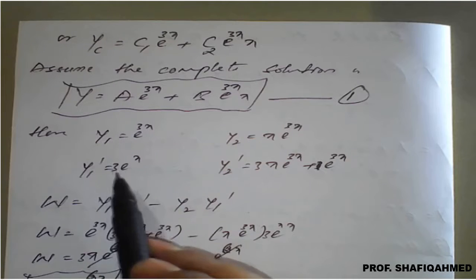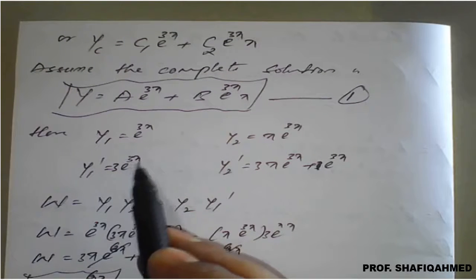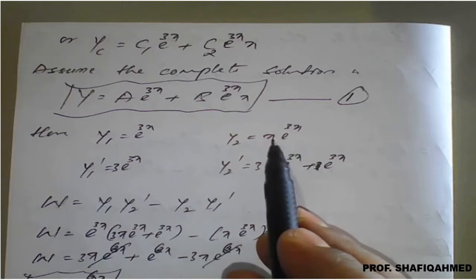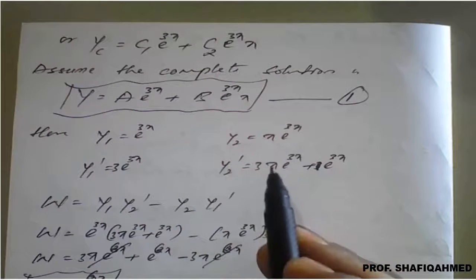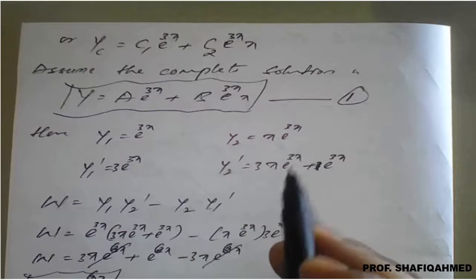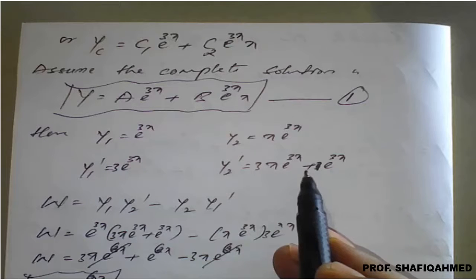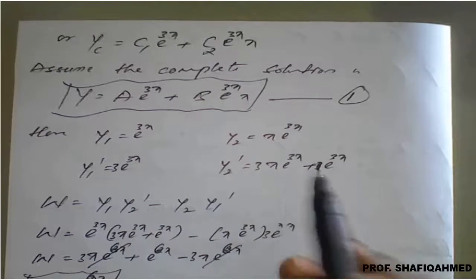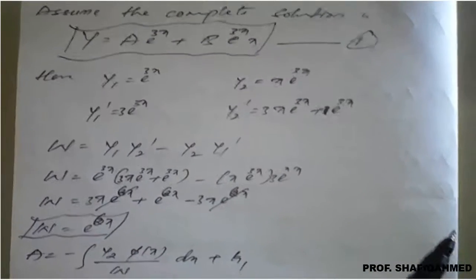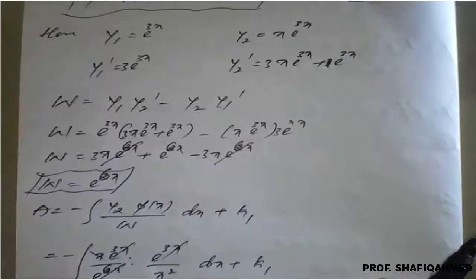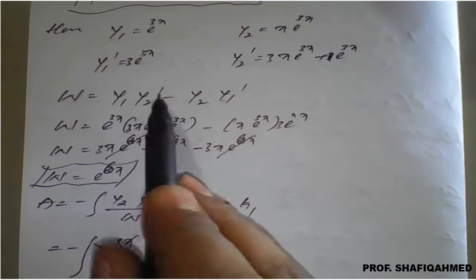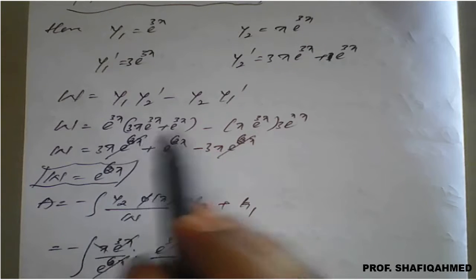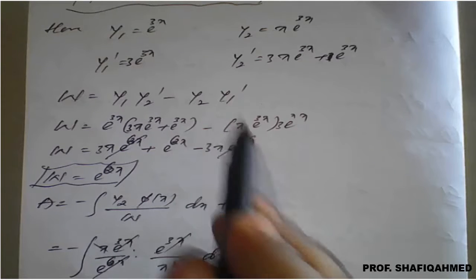Differentiation of e raised to 3x is e raised to 3x into 3, and for the differentiation of y2 you need to apply the product formula. Keep x as it is. Differentiation of e raised to 3x is e raised to 3x into 3, plus e raised to 3x you keep as it is, differentiation of x is 1. So therefore find w by using this. w is y1 y2 dash minus y2 y1 dash. So replace the values of y1, y2 dash, y2 and y1 dash,